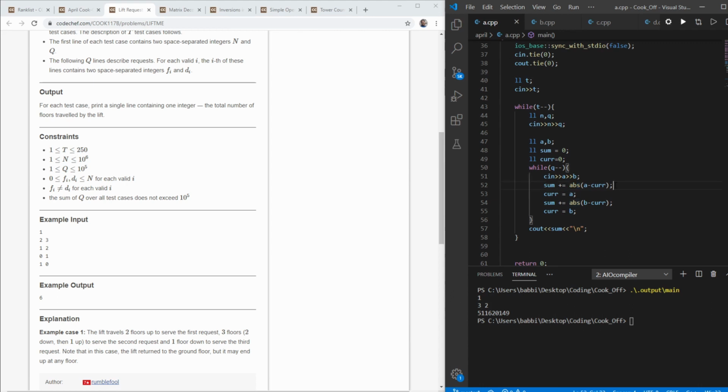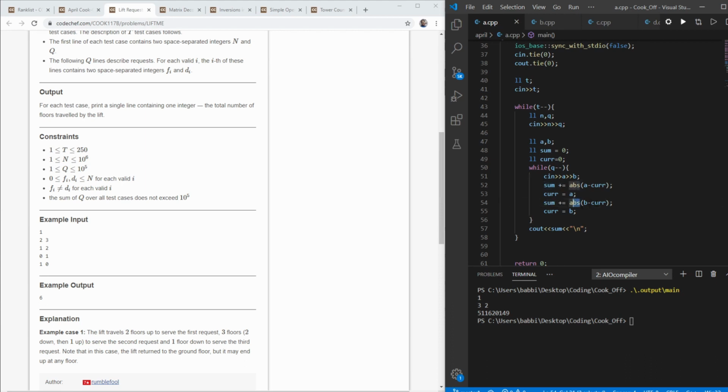I use ABS because whether we move up or down, it doesn't matter. We just need the length between the floors. So I use the function ABS. Then I update my value of curr, as I already spoke about.